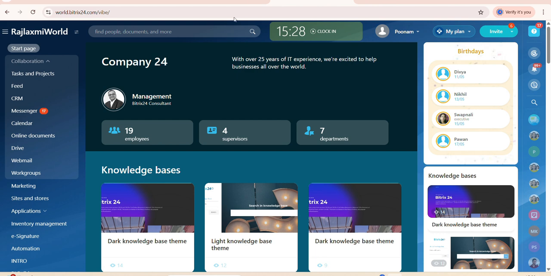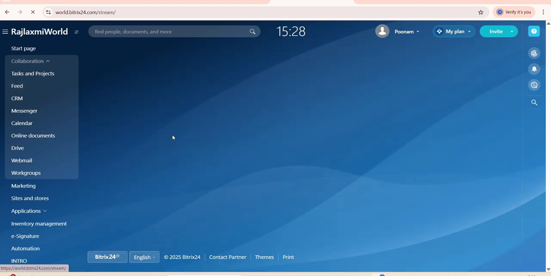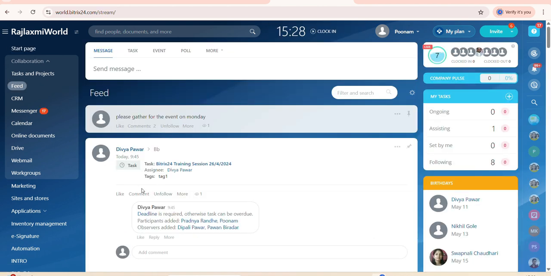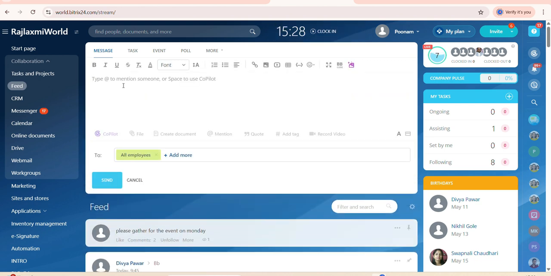So first of all, we have to log in to our Bitrix24 account, and in the left side corner, you will get the feed section. So in the feed section, you can directly create a message here, so that if you want to announce anything or you want to do any post, then you can directly write down your